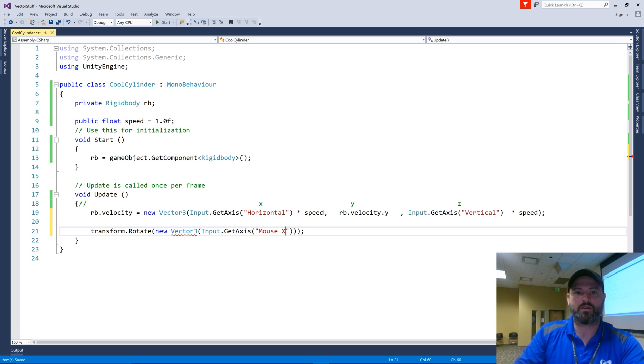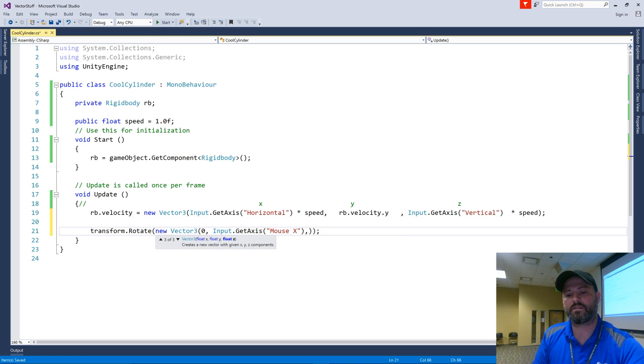But I've done something wrong here. I don't want it on the X, which is the first part of that, right? And I don't want it on the Z, which is the third part. I want it on the Y. So on this again,